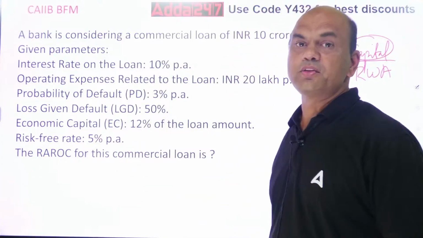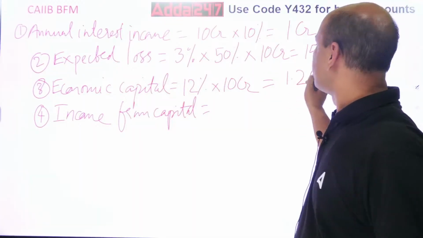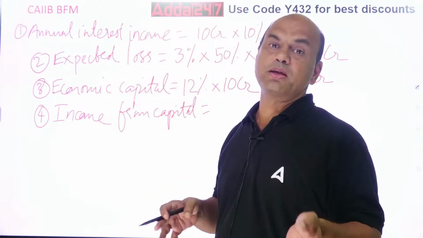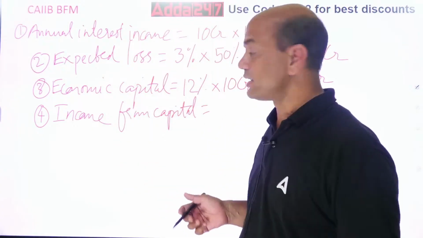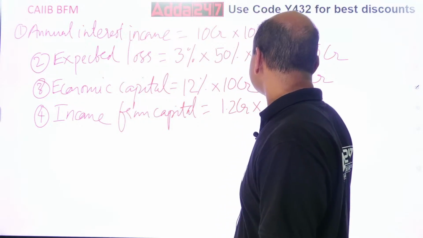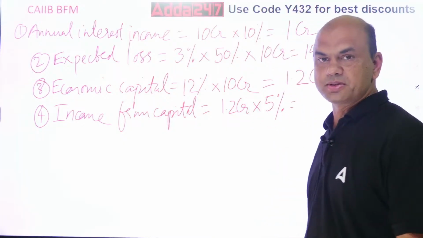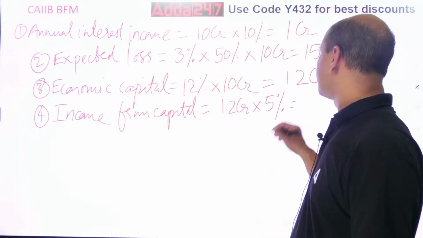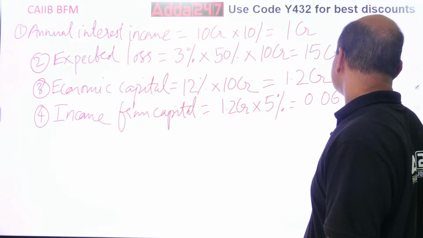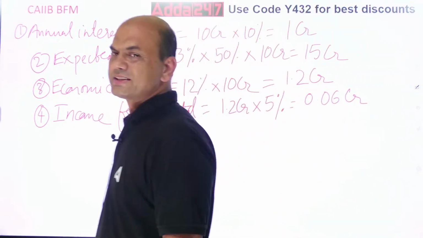5%. So if I keep this capital of 1.2 CR, instead of giving it as loan, suppose I keep it in FD, then what is the income I will be getting? That is equal to 1.2 CR into 5%. What is it? 12 5 is 60, right? So it is 6 lakhs, 0.06 CR. Everything I will write in CR. That's easy, right? 6 lakhs.